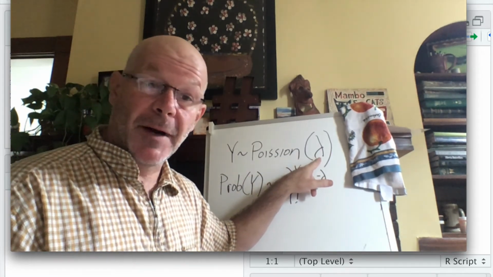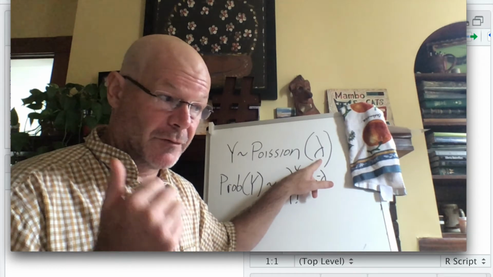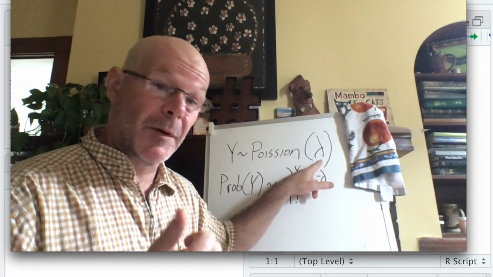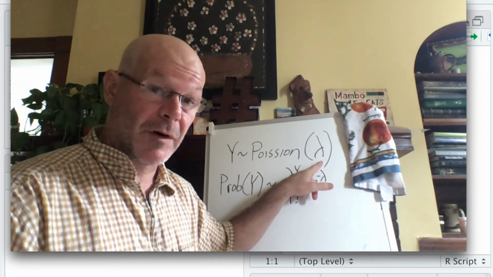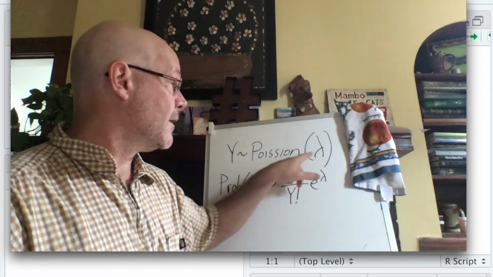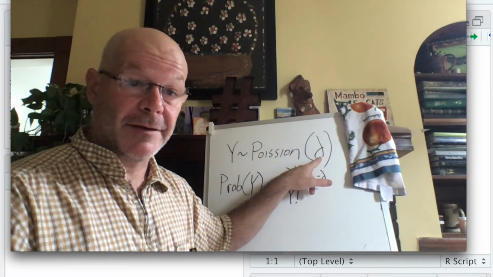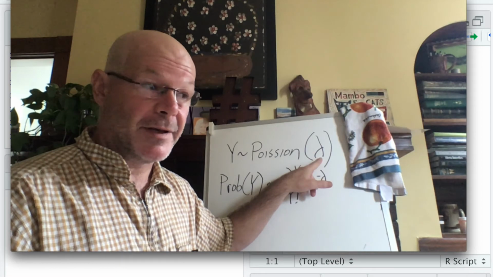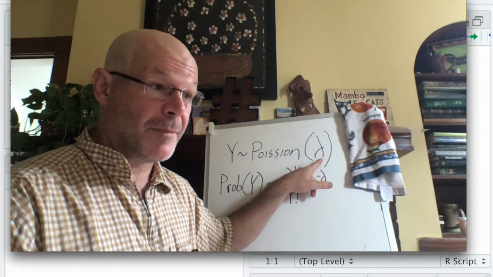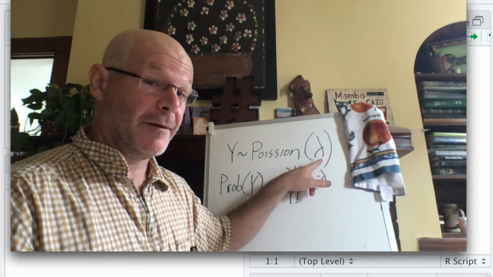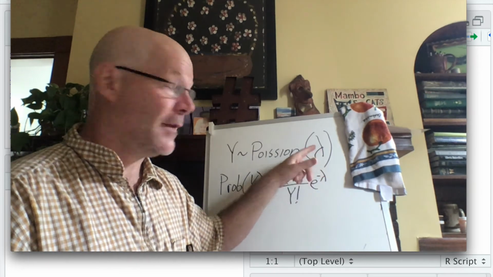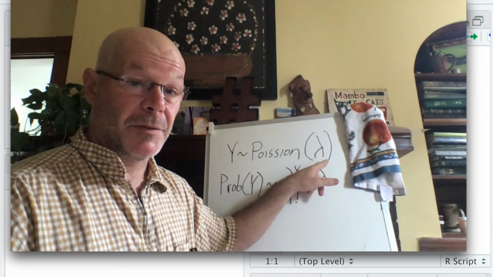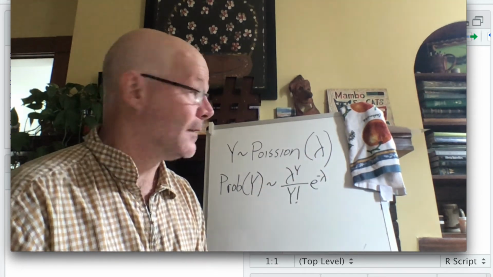So remember when we did a binomial, the parameters of interest were the probability of an event occurring, but we also had to include the number of trials. Here, all we have is a rate. And so this rate, again, could be number of birds at your feeder per hour. So if you saw 5 birds in 1 hour, then you would turn that into a rate and you would put that in as lambda.